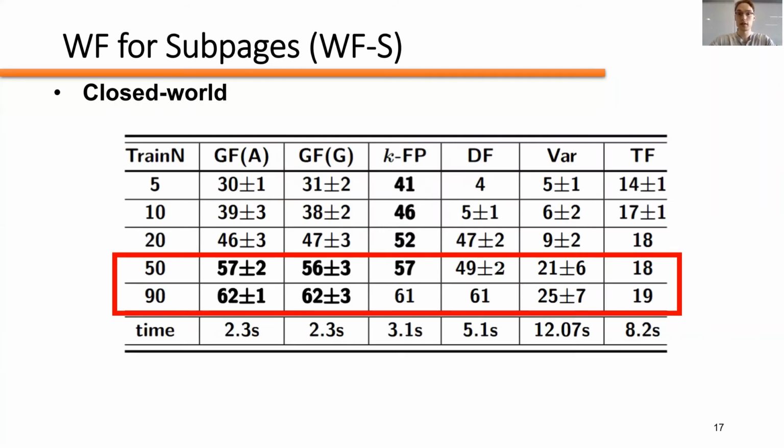So up next, we'll take a look at the performance against the subpage fingerprinting dataset. First, all across the board, we see that the performance is much reduced. This is likely due to the fact that the intra-class variance is much higher here than in the index page only dataset. We see that GANDALF marginally outperforms the other models when the number of training samples is 50 or more. However, it is beaten by KFP when the training instance count is very low.